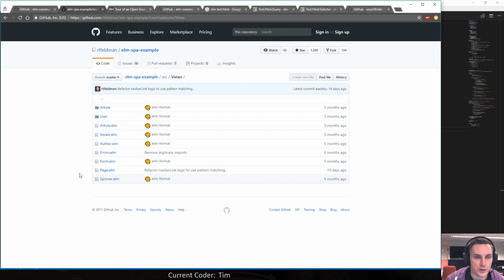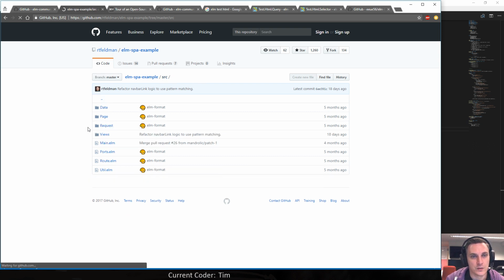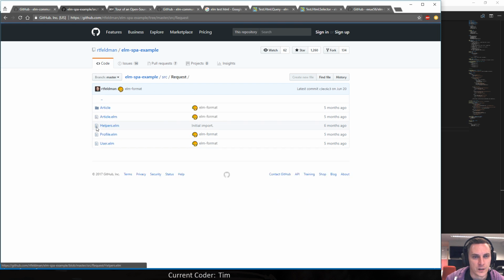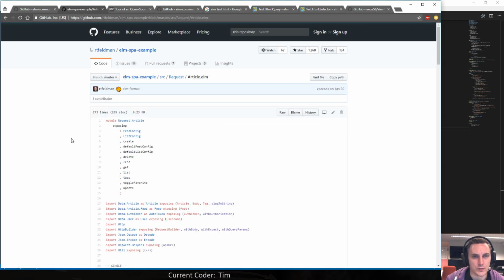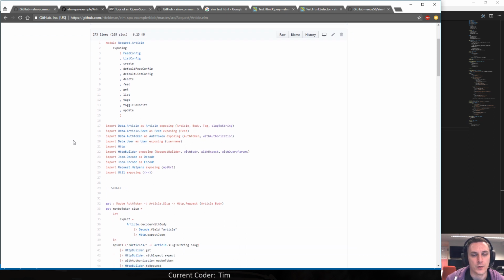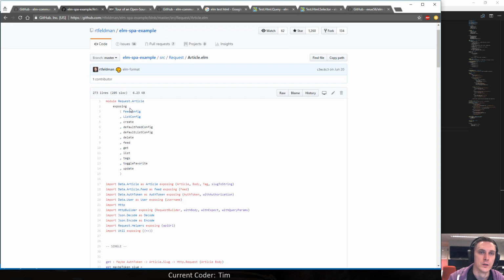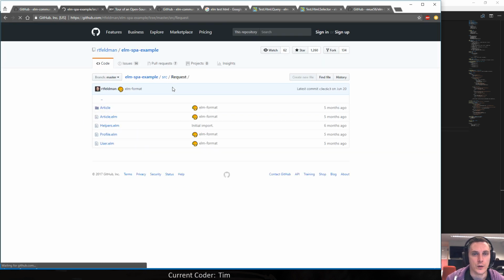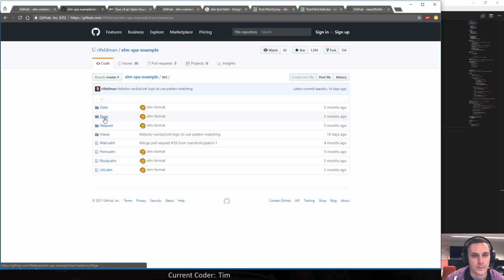Views is purely just for viewing, so also reusable components and stuff like that is in there. Request is like services to get stuff from a REST API into Elm. Basically, it's just like a translation layer, you can say.